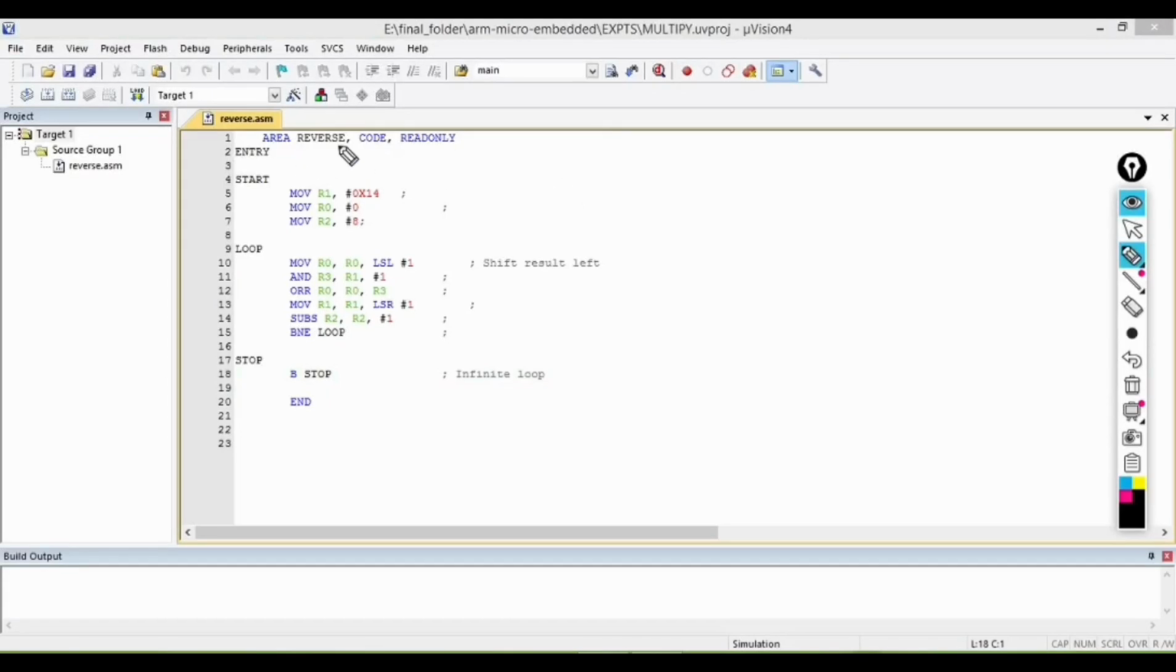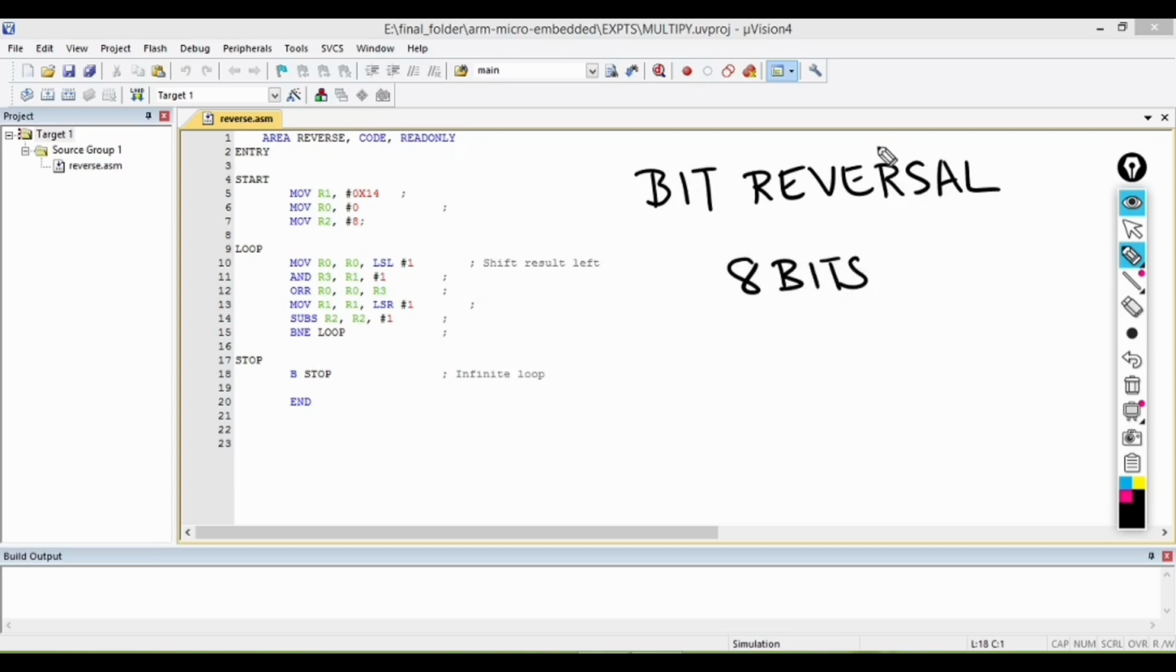Hello everyone. In this particular session, we will understand how to perform bit reversal of any given 8 bits of data. So in this particular example, the 8-bit data we are considering is hexadecimal value 14. 14 in binary will be nothing but 0001 0100, and the aim of this particular code is to convert it into